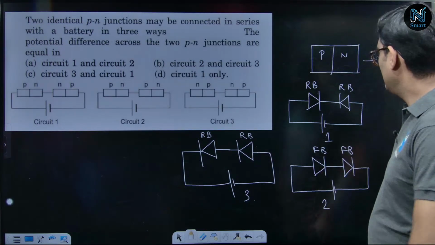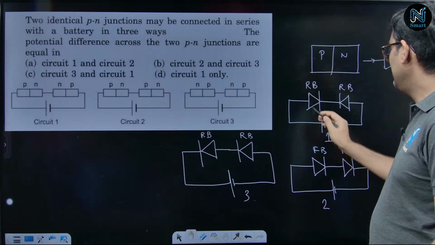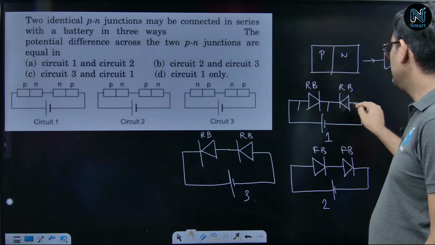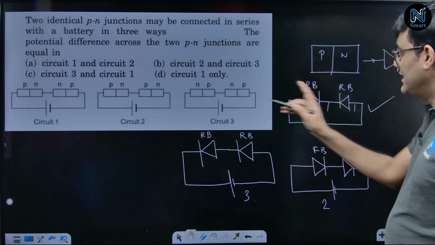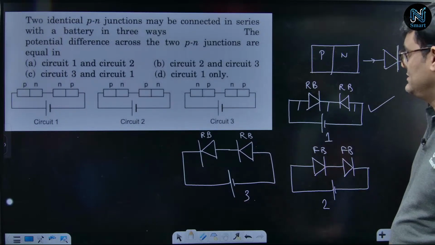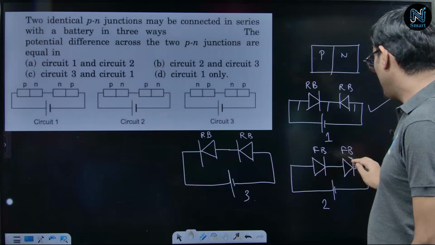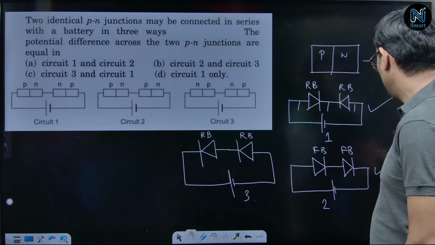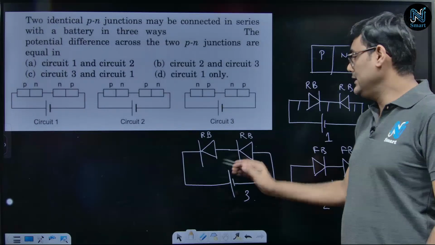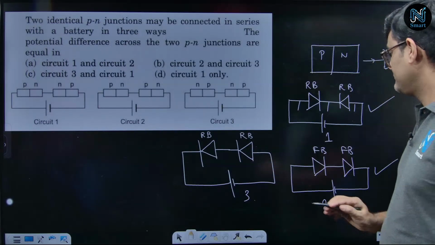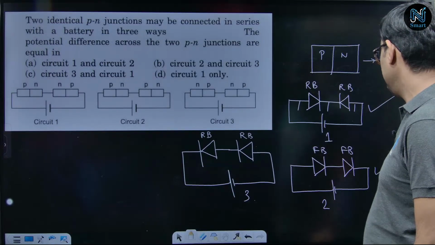Okay, let us come to the first case first. When both are reverse biased, I think that the potential difference across them will be the same. So, circuit 1 will be a correct choice, right? In circuit 2, both are forward biased. I think that circuit 2 will also be a correct choice. But in circuit 3, when that is reverse biased and this is also reverse biased,